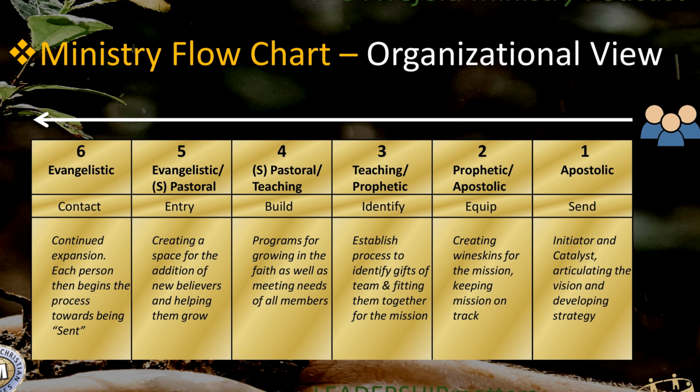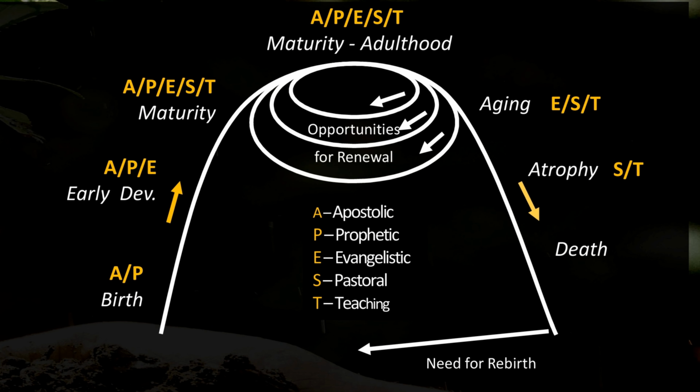By using the flowchart and life cycle, we can identify how the fivefold ministry gifts are indicators of a healthy church. Health being defined as a maturing community that is able to reproduce its ministries through the community. It is a ministry that is fulfilling its calling as part of God's mission. And regardless of church tradition, from Catholic to Protestant, evangelical to Pentecostal, and every variation in between, I believe that without a fivefold ministry approach, the church will not be healthy and will not be able to grow and reproduce.